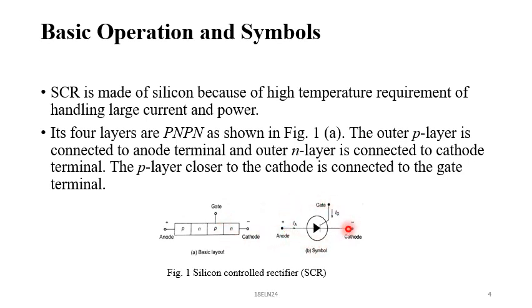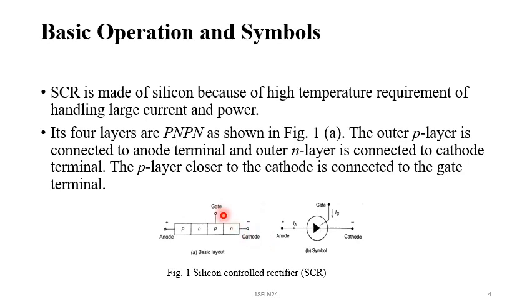And this is the circuit symbol of SCR, and here this is anode, and this is cathode. So it looks like a diode symbol, and one more terminal we'll call the gate. And this is the controlling terminal here, and the current indicated through the arrow mark here is the gate current IG. This is your anode current, this is your gate current. And the basic operation here: we give a positive voltage to the anode and a negative voltage to the cathode.